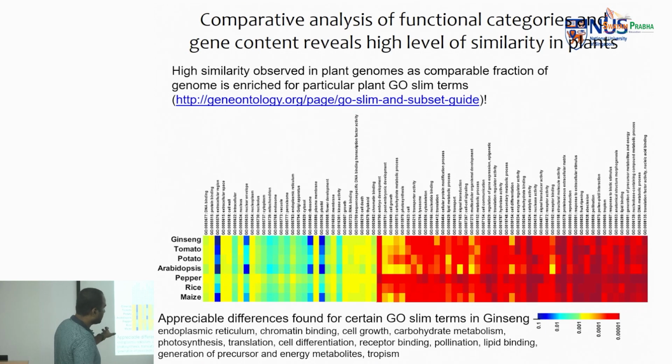Why do we see endoplasmic reticulum and carbohydrate metabolism? Because the ginsenosides are glycosylated terpenoids, which requires the glycosylation to happen across the different organelles. That's why you also see the organelle-specific differentiation, as well as the carbohydrate, which provides the precursors for glycosylation. You need glucose molecules and other carbohydrate molecules for the glycosylation process. Those are the major differences in the ginseng when compared to the other crop plants.